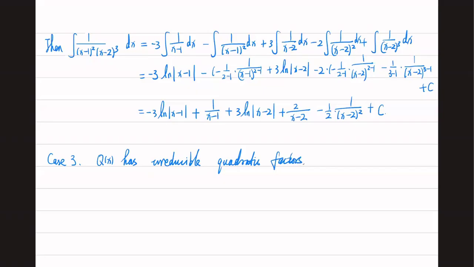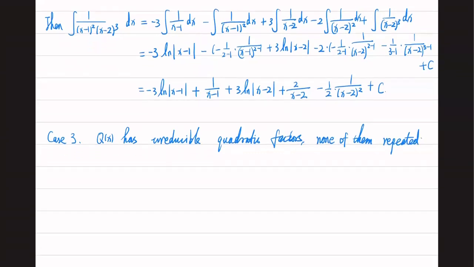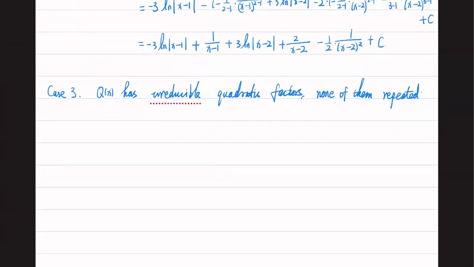At the moment, we assume it's non-repeat. That's the simpler case. Okay, so we'll start with, let's recall what this means. We have mentioned before, irreducible quadratic factor. If we have something like this,